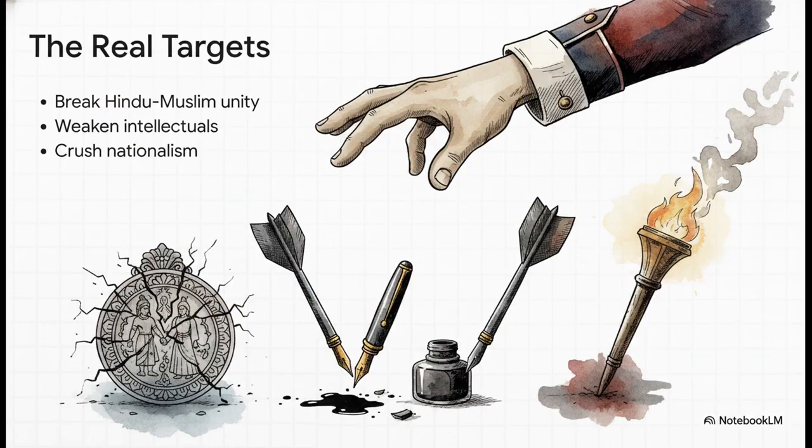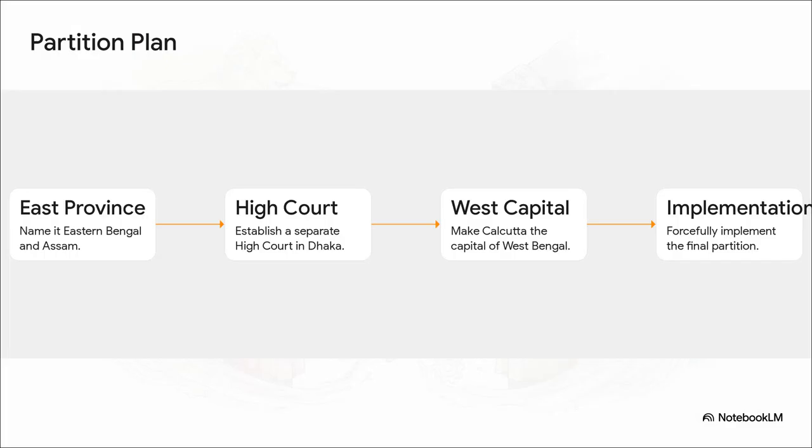Ultimately, the British had three main targets here. First, they desperately needed to break the Hindu-Muslim unity among everyday farmers and laborers, which had been incredibly strong ever since the 1857 mutiny. Second, they needed to weaken those politically conscious Bengali intellectuals by trapping them in that double minority we talked about. And third, the main goal, they wanted to crush Bengal as the epicenter of Indian nationalism once and for all. They figured if they could silence Bengal, they could keep their iron grip on all of India. To get this done quickly, they rolled out a rapid, four-phase bureaucratic strategy.